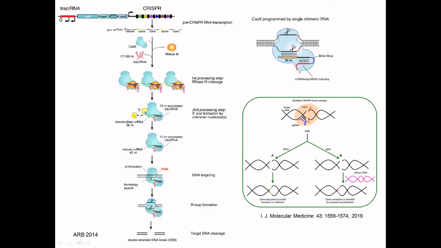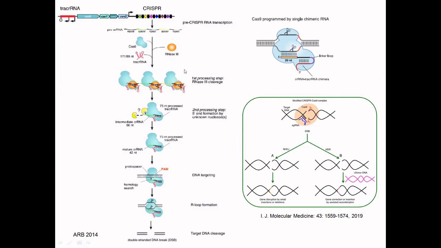Here, this is the pre-CRISPR RNA, the exact transcription from this CRISPR locus. We have the repeats, and between the repeats we have the spacers. This is the Cas9 nuclease. This is the trans-activating CRISPR RNA transcribed from here, and this is RNase-3. Each of them, the nuclease, recruits itself to each of these repeats. This is how it is happening in the bacteria.